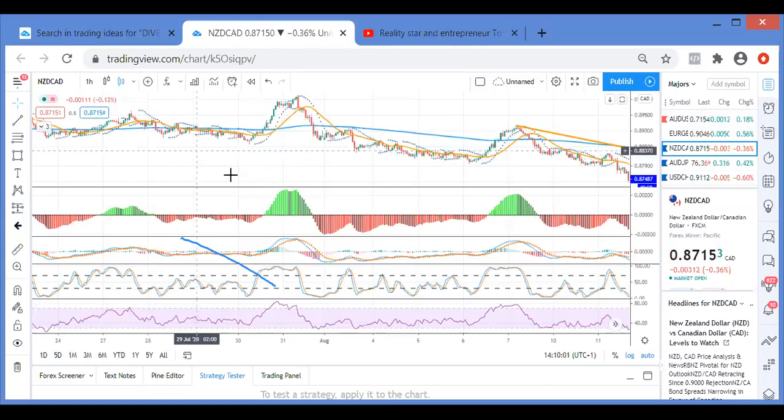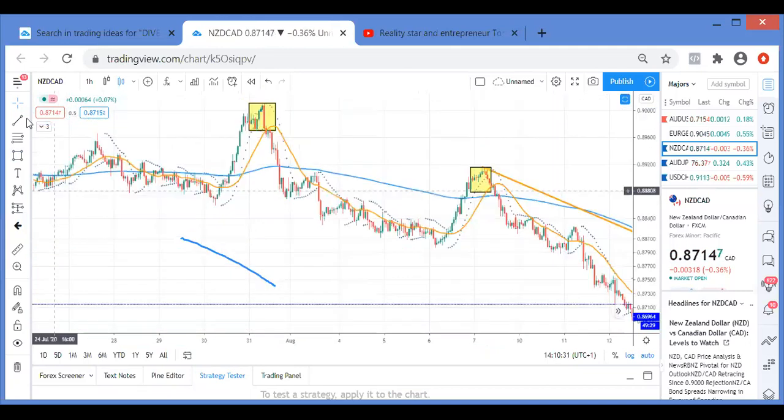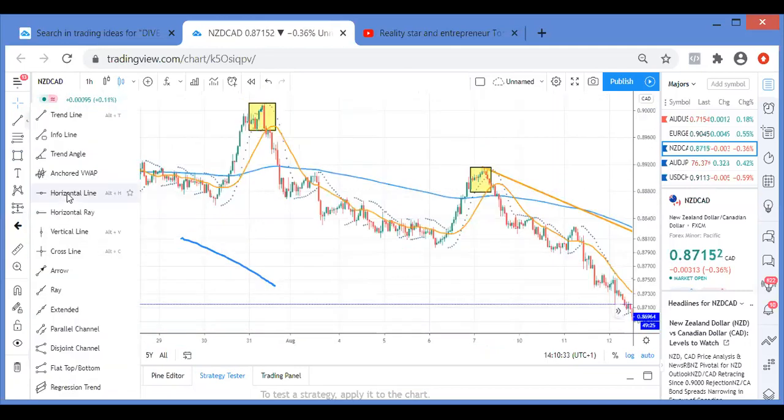Look, can you see? It's not divergence, but it's an example of the higher high and higher low. You have this high, and you have this high. Guys, can you see how this high is lower than this high? Now let's see, if there was divergence and this was below the 200 moving average, what is